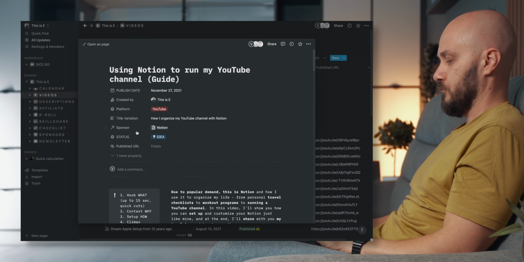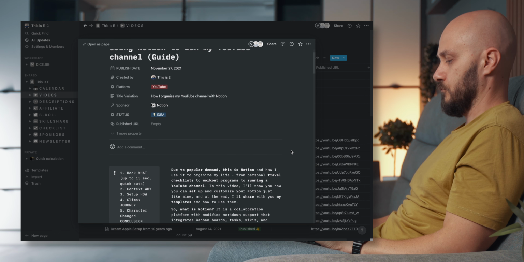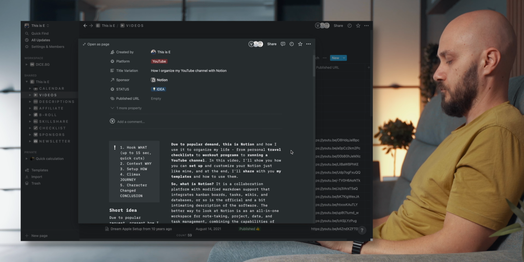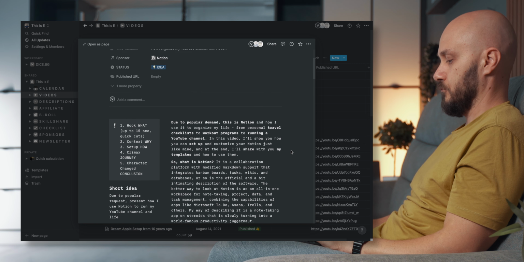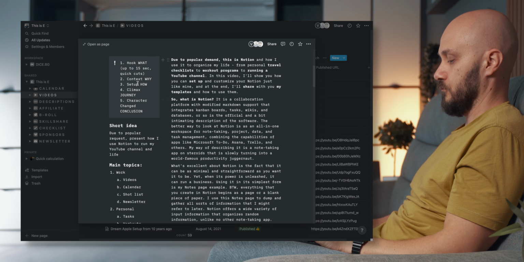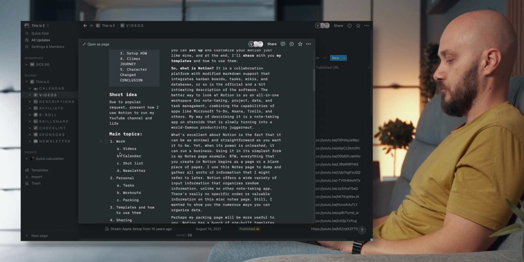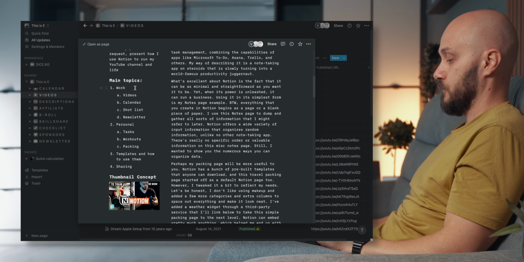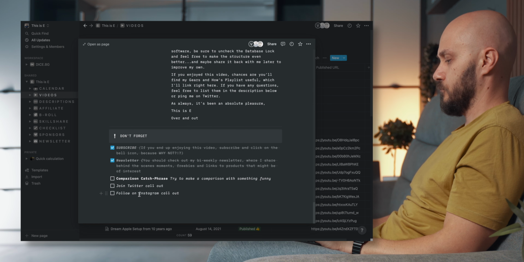If I open a script page, you'll see a structure that I've created myself as a template. This template evolves over time, and I keep improving and adding things to it as time goes by. The template is broken down into columns. The left column holds vital components for each video, like the main idea, structure, the viewer's journey, and the thumbnail concept. The right column is the script itself, and at the bottom I have some don't forget items,